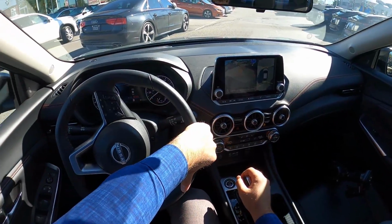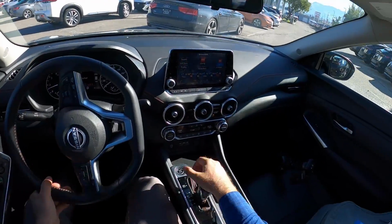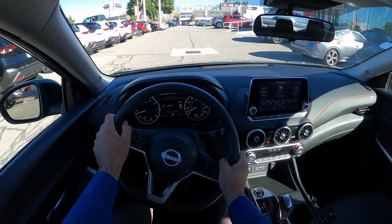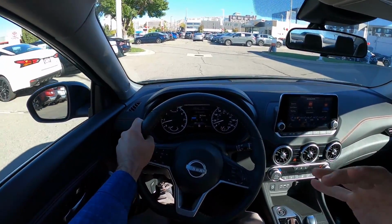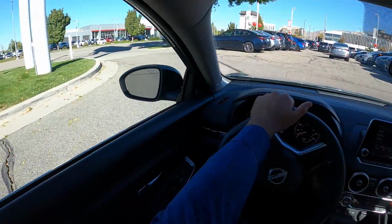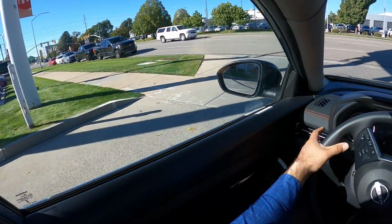Really excited for this review, actually. I always like, this is like the weirdest part about me, I think, but I always like when manufacturers release new affordable cars because I think that's way more exciting than the crazy expensive stuff that's coming out. Because it's like, this is actually attainable for regular people. Anyways,